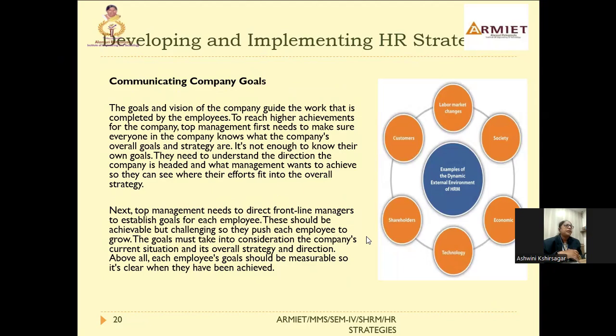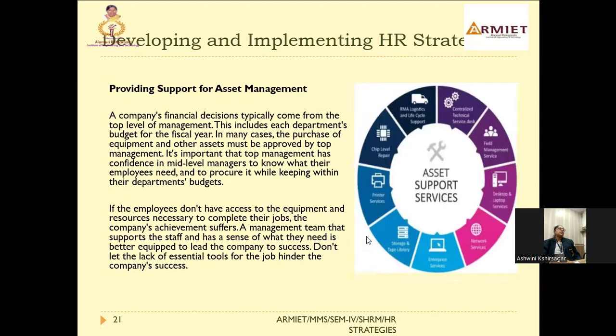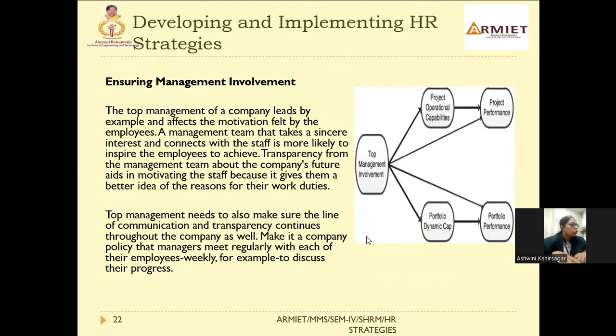Now, developing and implementing HR strategies, communicating goals, customers, labor and all, we will go ahead. So these are the economic factors and stakeholders, customers, labor, and changes which we need to follow. Then we need to go for providing the support and assessing management and developing the strategies. What are the assets supportive to the services? How we need to go ahead with that, and all the things related to the job hinders in the company